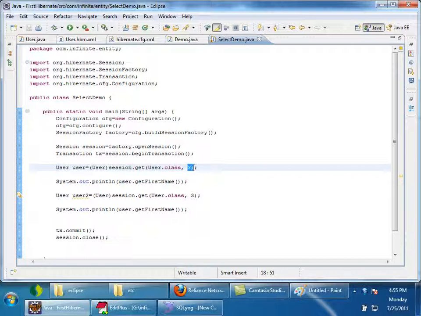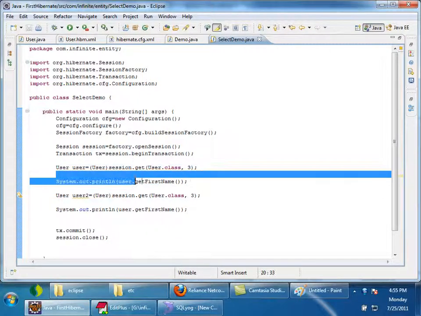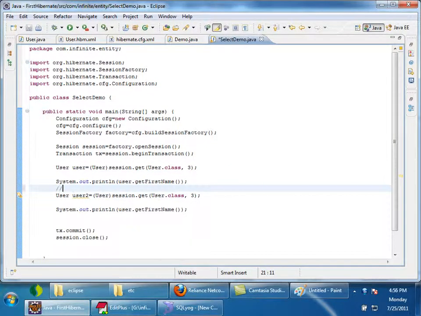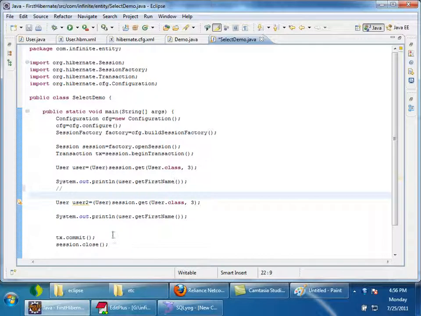I want to get a user whose primary key is 3. And again, after printing first name and doing some more work, I'm calling session.get with the same primary key. Will it result in 2 select queries or only 1 select query? Only 1. Very good. Correct.